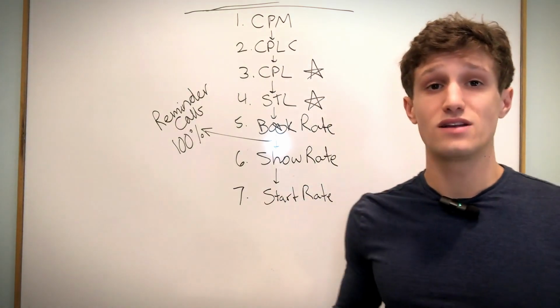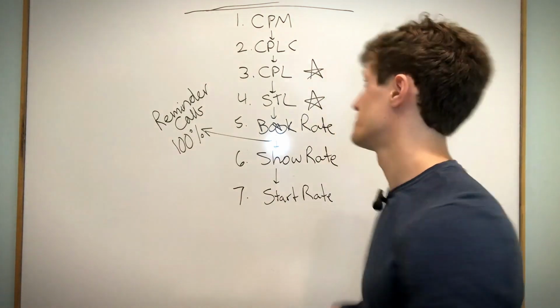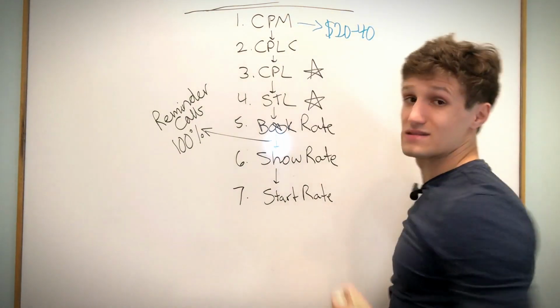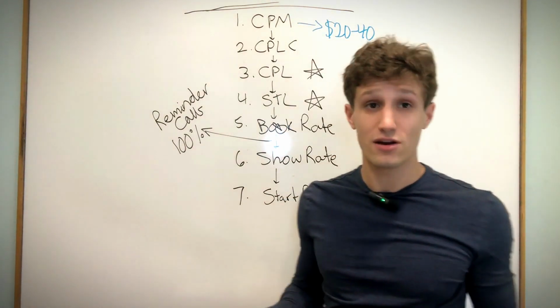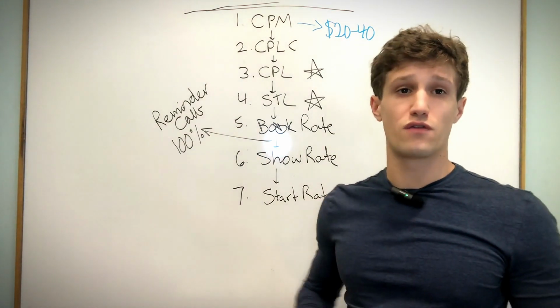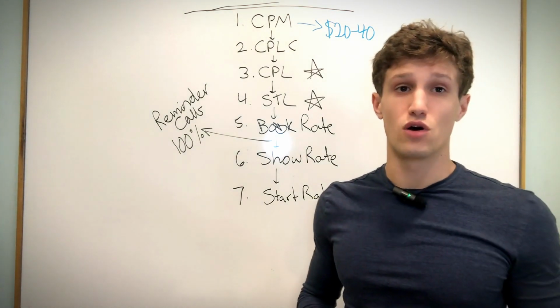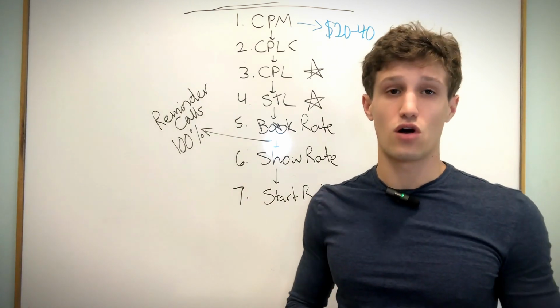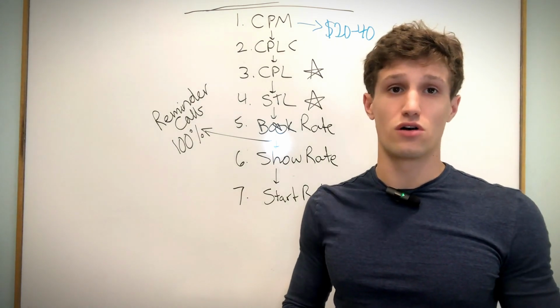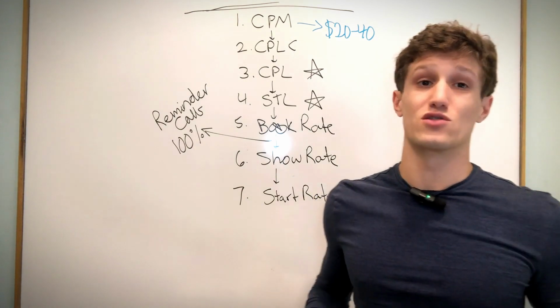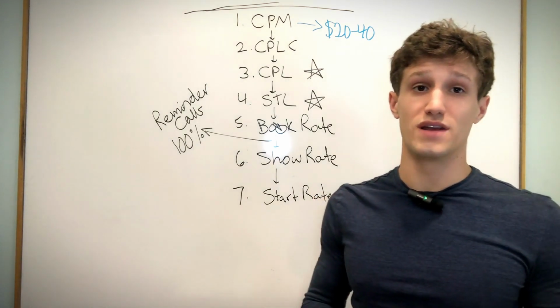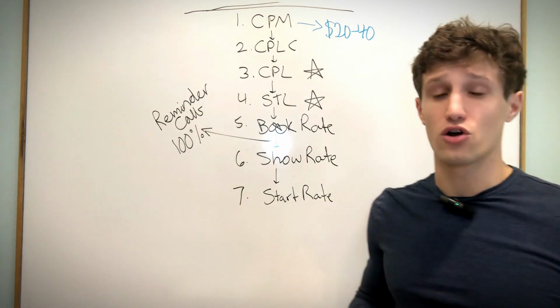The ideal CPM that we want to stay around is $20 to $40 or less, depending on your area. It can be higher depending on your area, but $20 to $40 is right now standard and a healthy range for Facebook. So that's a quick one. Once we have that checked off, Facebook isn't giving us a bad draw and our CPM is around $20 to $40, we're good to go to the next one, which is CPLC, or cost per link